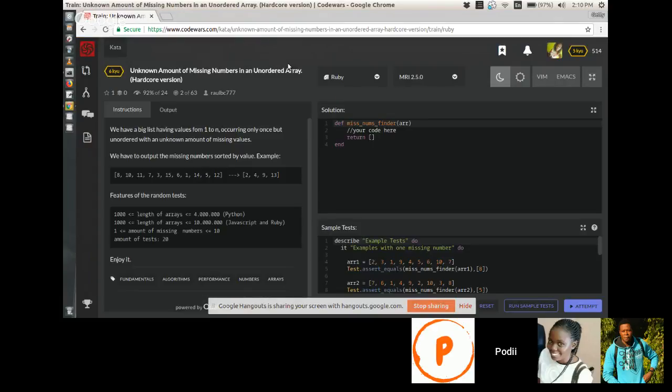Let's see here. Okay, so we have a big list having values from 1 to n, occurring only once, but unordered with an unknown amount of missing values.